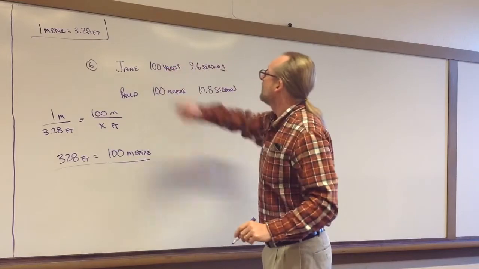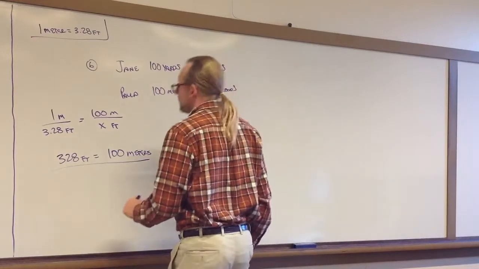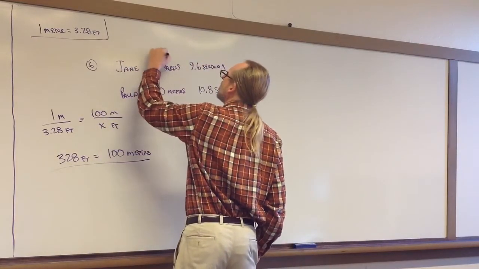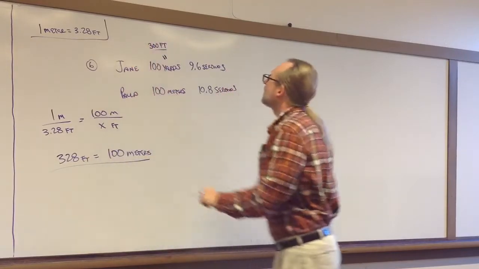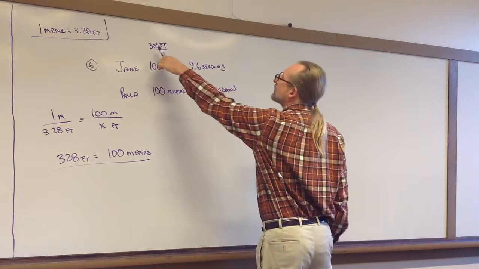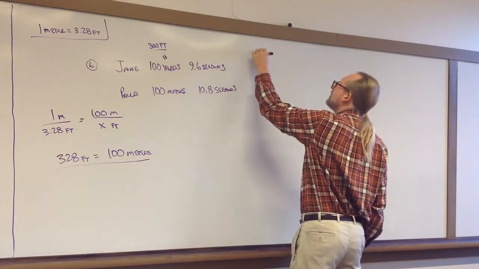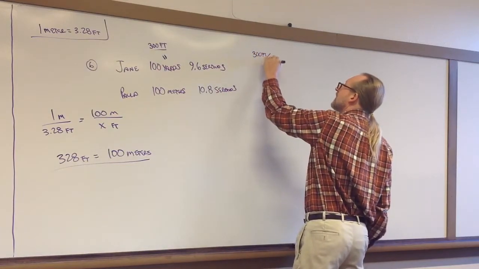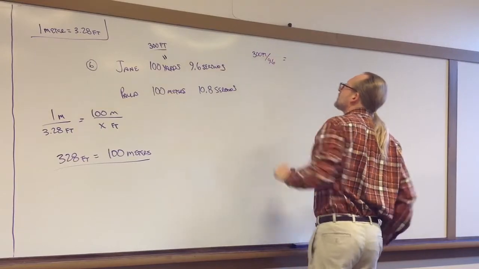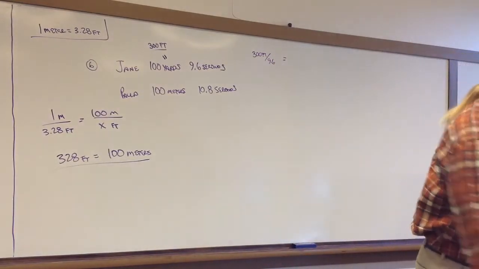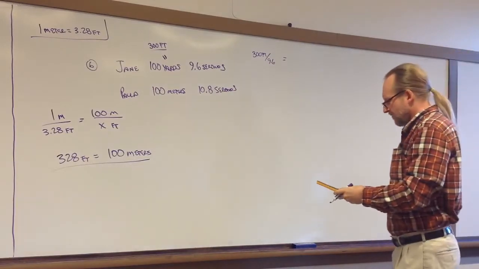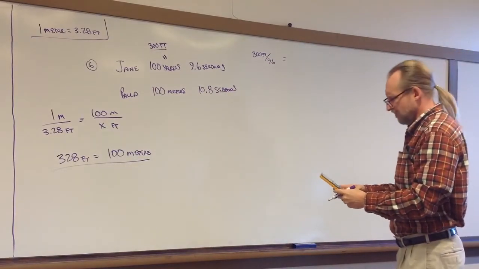Okay, this one is 300 feet, right? 100 yards is 300 feet. So this person runs 300 feet in 9.6 seconds. So how many feet per second do they run? Now we have to do the dividing. 300 divided by 9.6